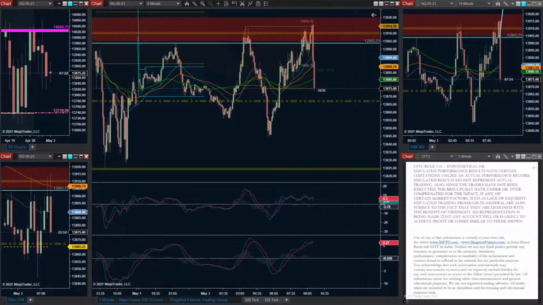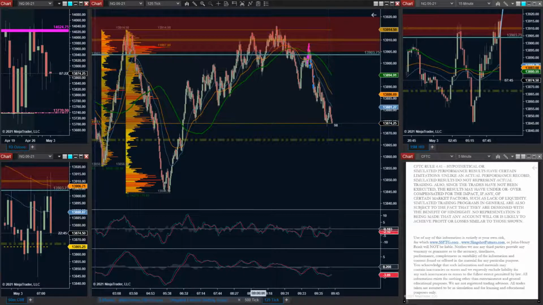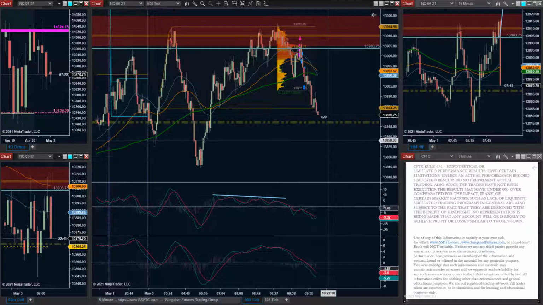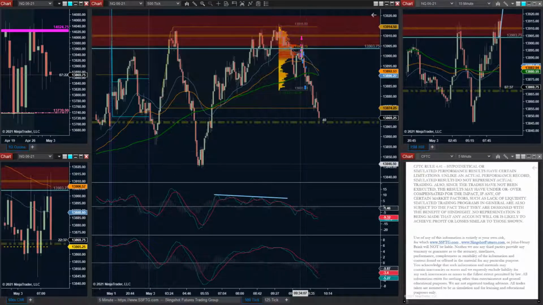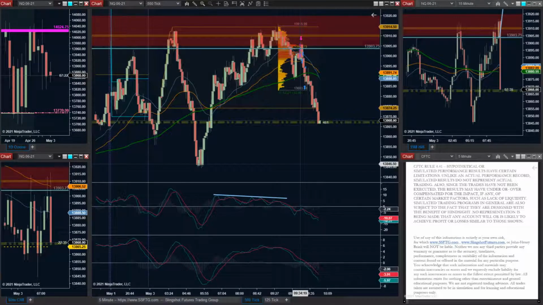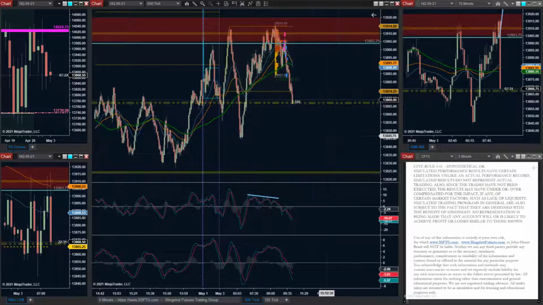Side note, actually, while I'm thinking about it, because I have had that question come up before: why do I have my candles so thick? The reason I like the candles to be that thick is because it demonstrates and displays structure a lot more visually easy, for me at least. I can see structure a lot better when the candles are like this and zoomed out a little bit. It just makes it more visually obvious.